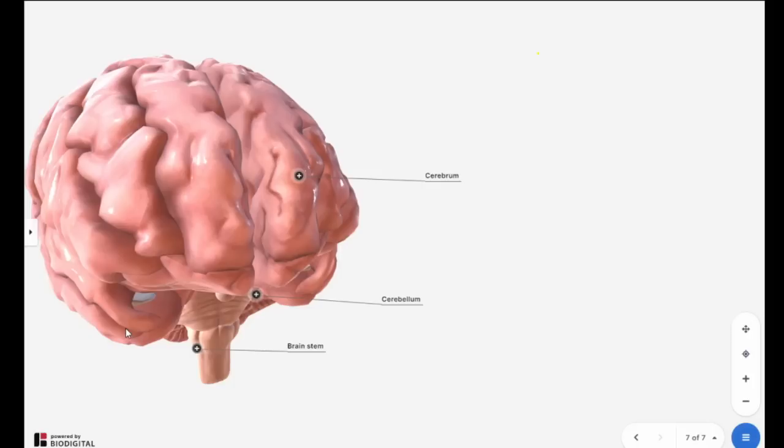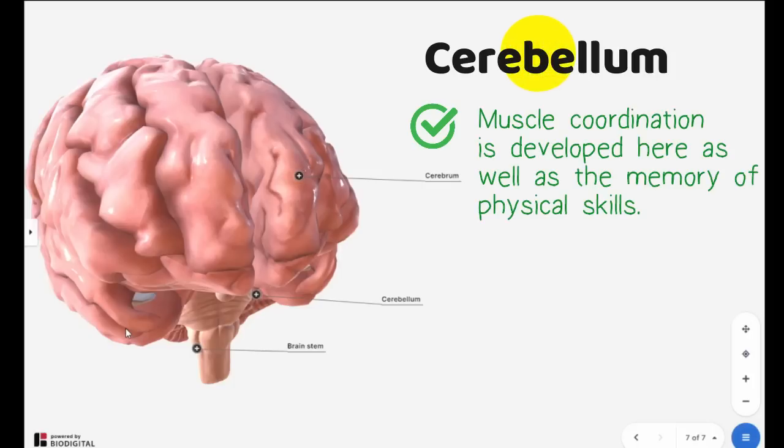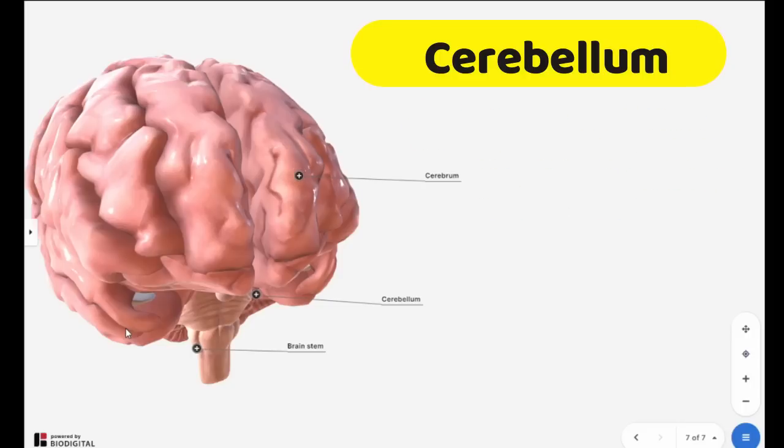The cerebellum, on the other hand, is more on muscle coordination. So if ever something happens to a person and his cerebellum is injured, the movements will be different. The movements may become jerky. Pwede rin na mahirapan siyang maigalaw yung kanyang mga muscles or yung kanyang katawan. They say that athletes have a well-trained cerebellum. And according to scientists, the cerebellum,